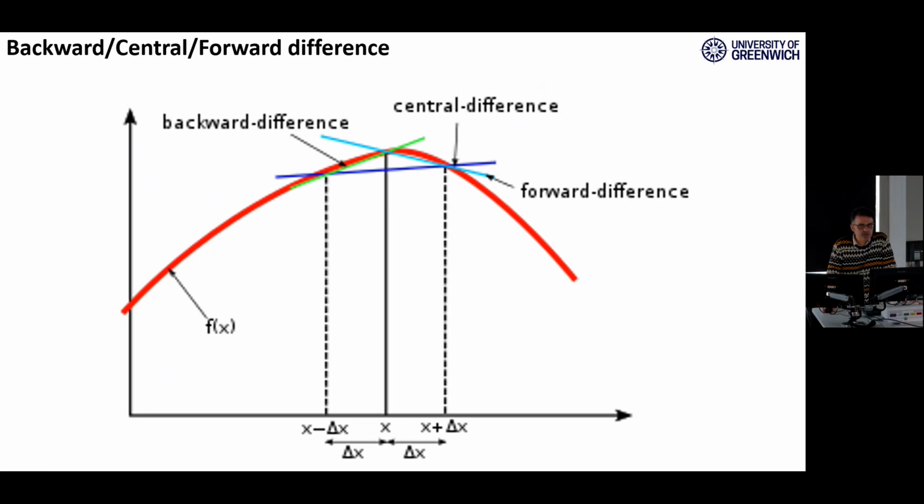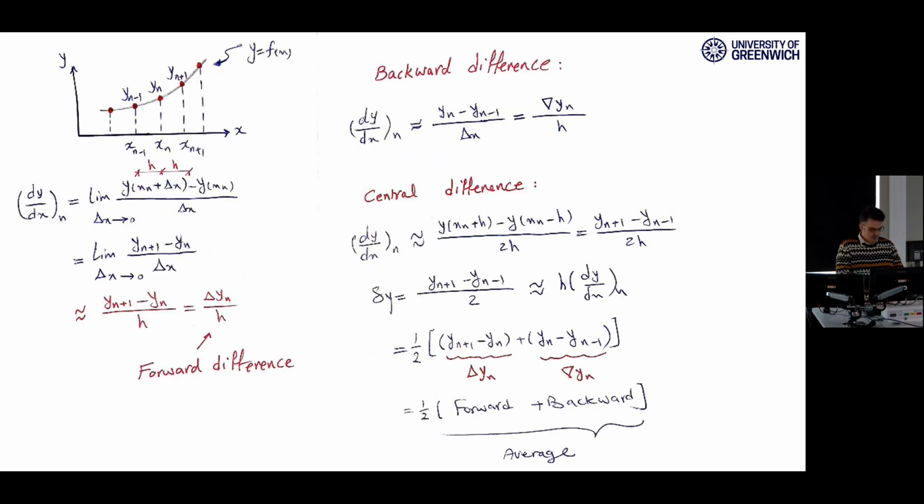Better estimate of the real derivation of the red curve. So maybe the best way of representing the derivation is central difference, which is kind of average between the forward and the backward. I just got back to the previous slide, which we have forward and backward